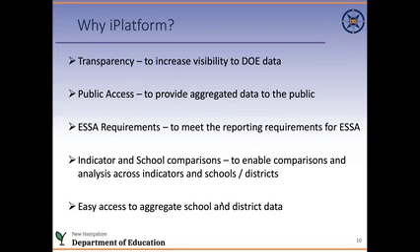iPlatform was developed to help you compare. So it lets you take multiple schools and compare one school to the other, for the real purpose of trying to learn from each other and identify certain schools that you might want to reach out to for more information about what they're doing, because maybe they have a similar demographic, but they're doing a little bit better in the assessment results. And another example might be that there is a school that has a very high free and reduced